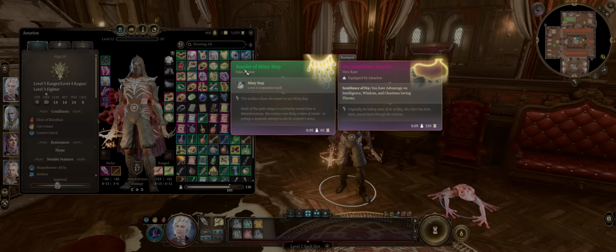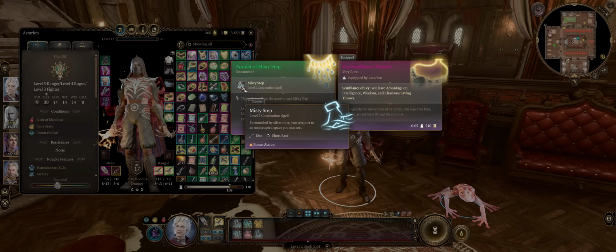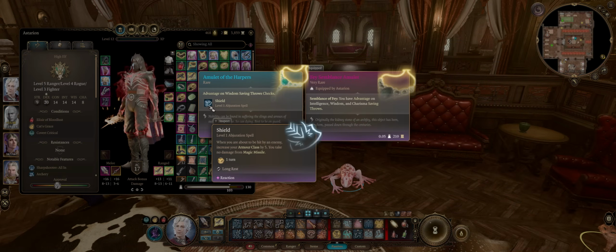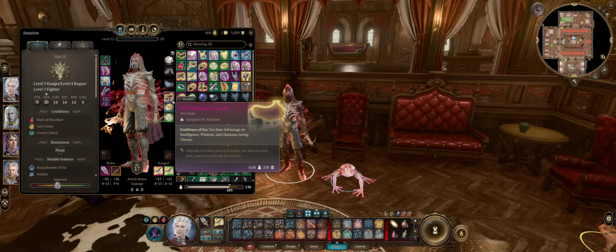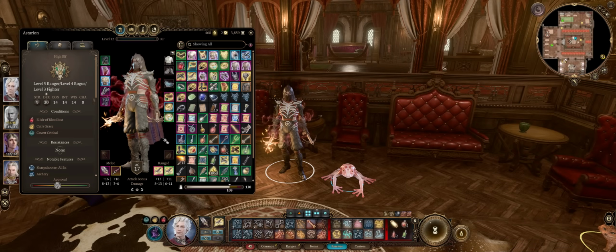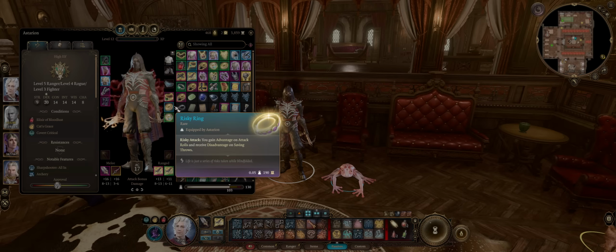The Amulet of Misty Step, once again for extra Misty Step. Always be sure to teleport to high ground. And the Amulet of the Harper's Steel for shield, just in case, to avoid blows. But ultimately, however, I like the Face Semblance Amulet to grant advantage on pretty much all saving throws, besides strength and dexterity. Which can help because when it comes to rings, the risky ring as always is the best